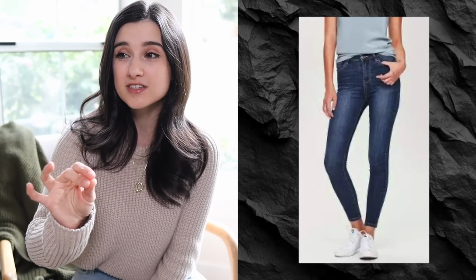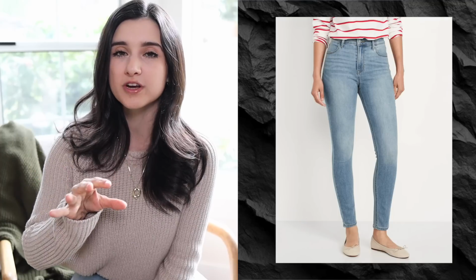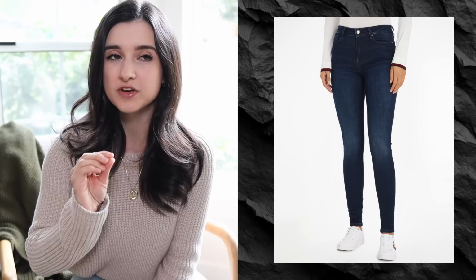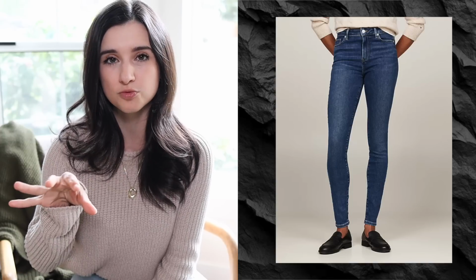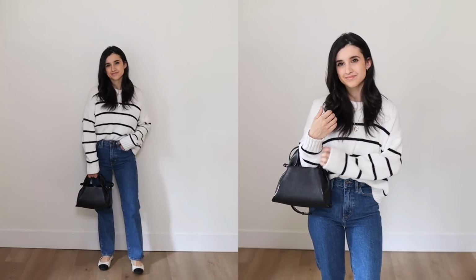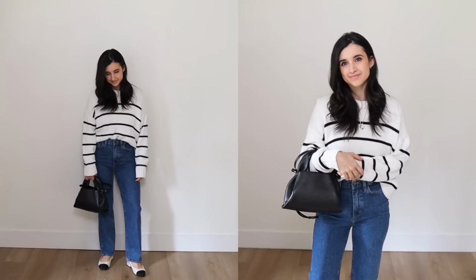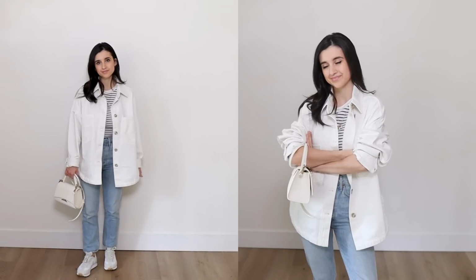Super duper skinny jeans. I stopped purchasing these, not because I don't like them. I actually do like skinny jeans, but I have been just way more into the slim straight leg fit. I feel like it's a little bit more modern, a little bit up to date. I just try to make sure I pick and wear styles that are a classic blue color, black, no rips or holes or anything like that, just super simple, but it still has that modern up to date